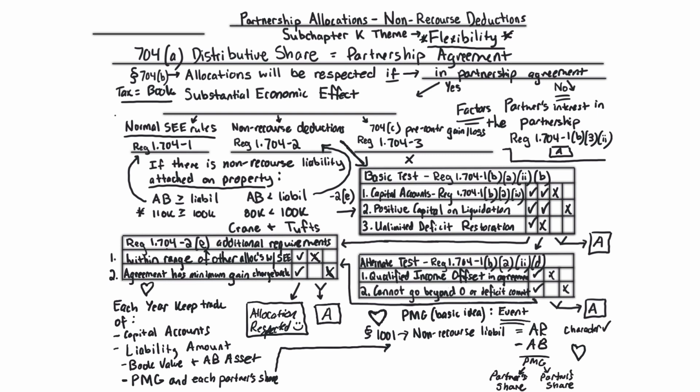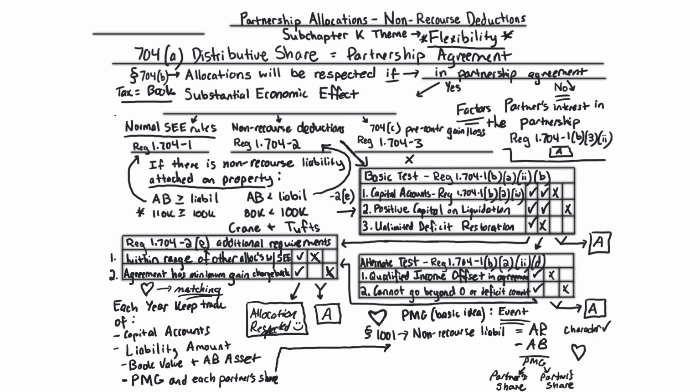And that's really the idea behind this. So however the non-recourse deductions were allocated between or among the partners, you keep track of that each year, and basically it needs to match. The partnership minimum gain means that it has to match. It's all about matching. Whatever benefit they got, they have to recover that later on the event, if there's an